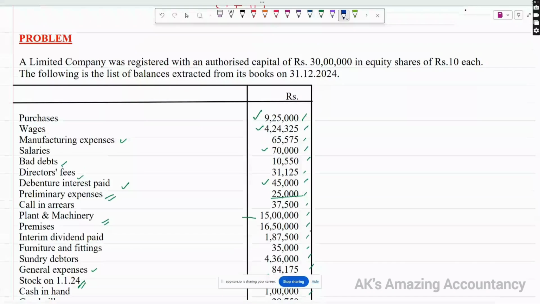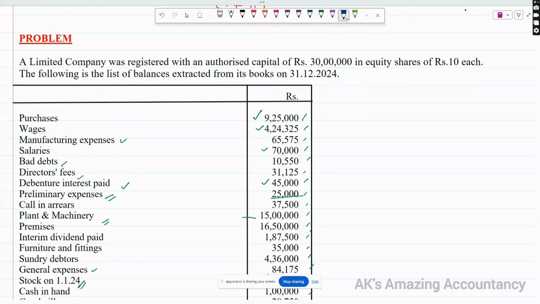As I used to tell you very often, one main point you have to remember: whichever item is coming in the main information will affect your financial statement only once. That is, it will come either in the statement of profit and loss, or it will come in the balance sheet. So now we are concerned with the preparation of the balance sheet, is it not? So those items which we have not treated in the statement of profit and loss, those items alone you have to identify, and you should take those items to the balance sheet.